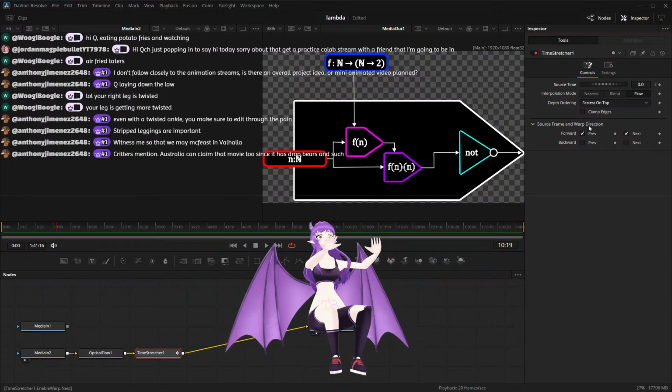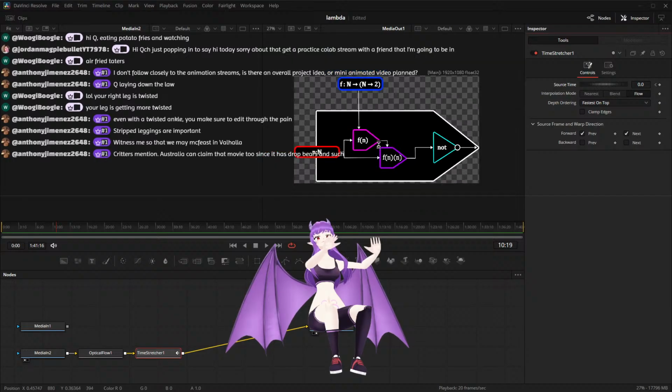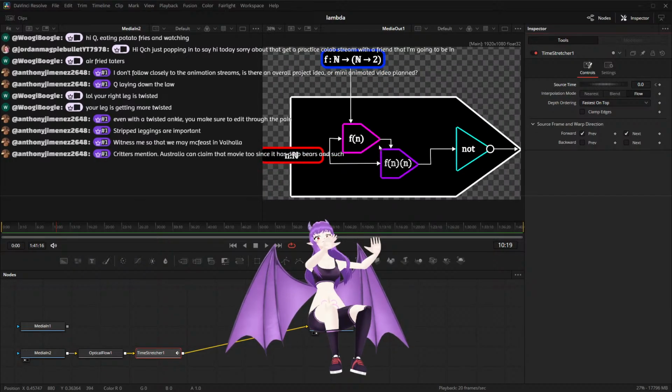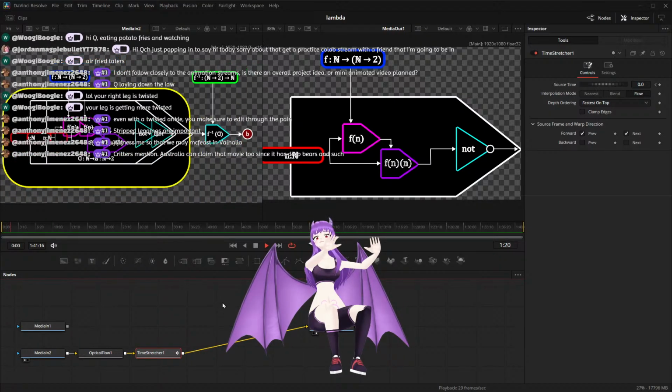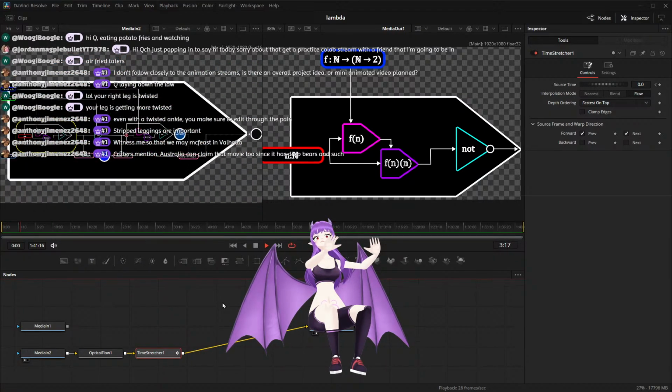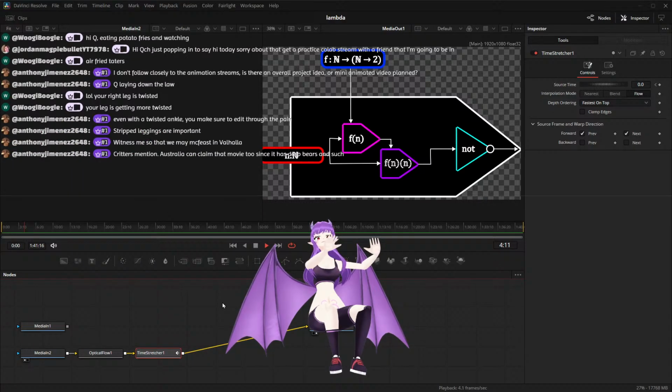Go back to 0. With these functions, we can construct a helper function that looks like this. This